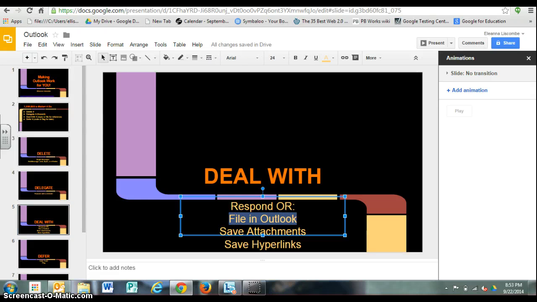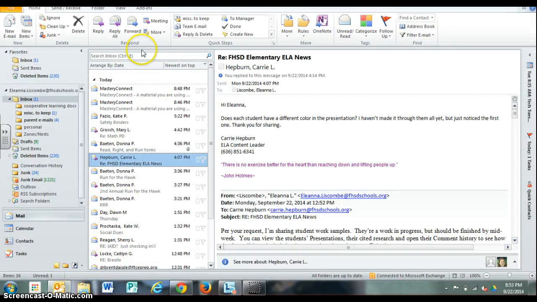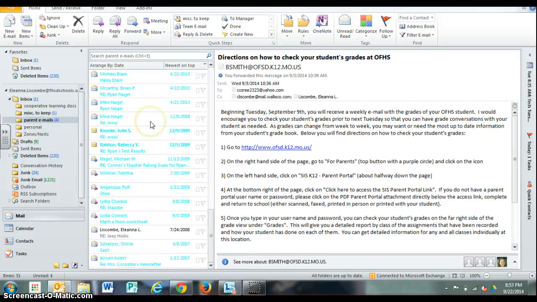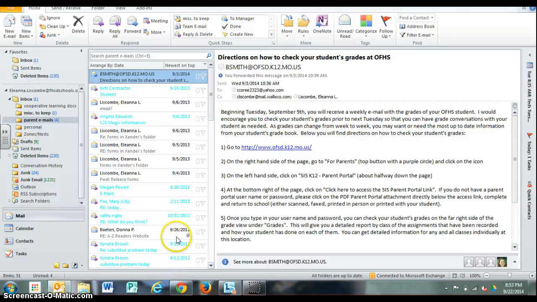But to file it in Outlook, every so often you get some emails that you just know you don't want to lose. You see over here under my inbox, I have a few folders already set up. This one is very important, the parent emails. And you can see, got them going all the way back to 2007. I think that's right when we first